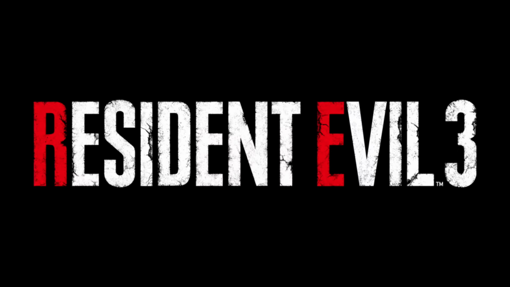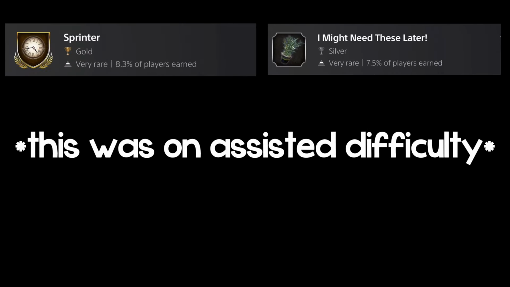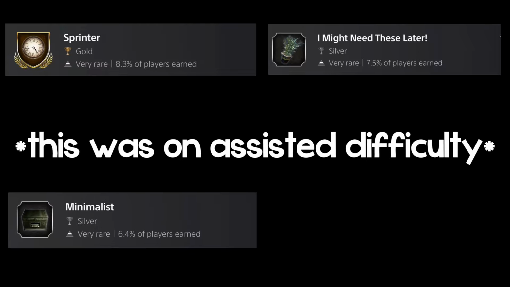I've been going back and unlocking every platinum trophy in the Resident Evil series, and today I'm going for Resident Evil 3's platinum trophy. For our first playthrough, I will be combining these trophies: Sprinter for completing the game in under 2 hours, I might need these later for no healing, Minimalist for not using the item box, and finally